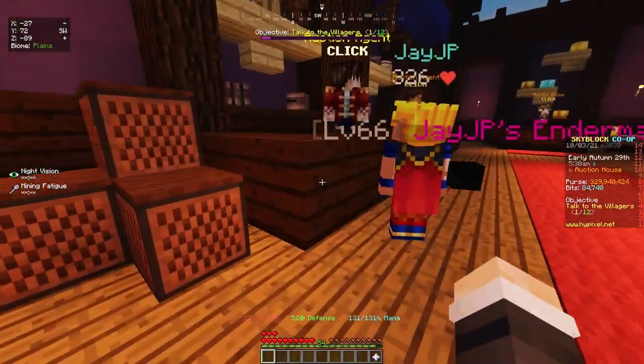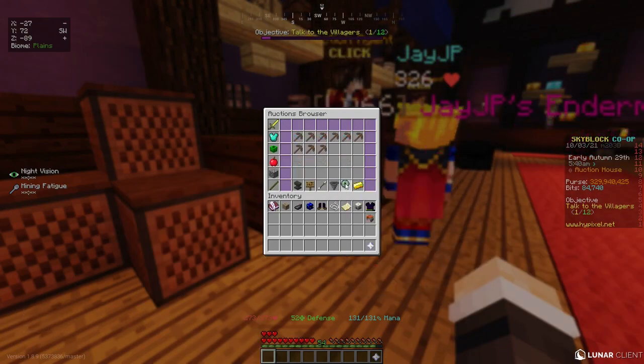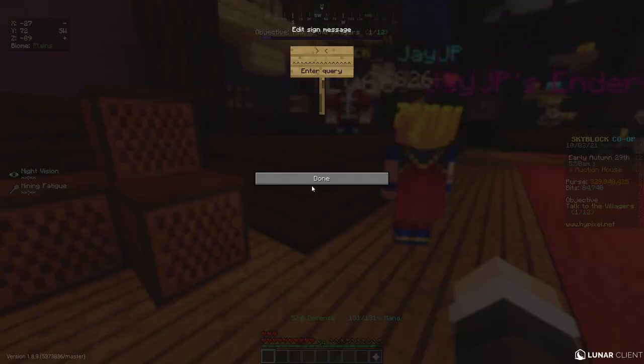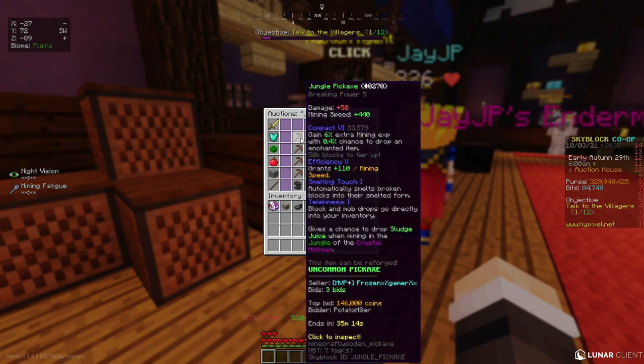So, obviously, we're going to be back at the auction house today. I'm not sure if I went over this last time, but there are some really good flips out there. Now, this one is also related to mining, if I remember correctly, and it's jungle pickaxes. So, if I look at jungle, you'll see 570k. If I sort by auction and ending soon,